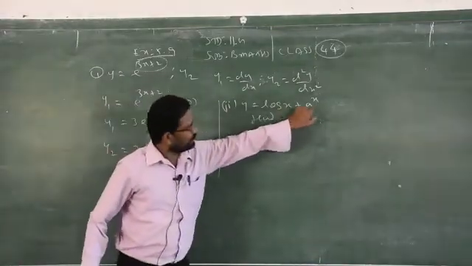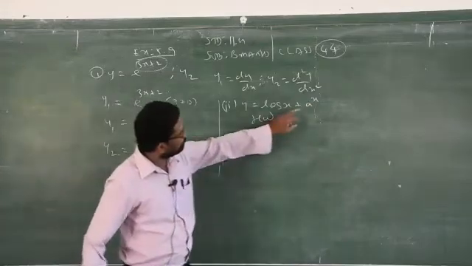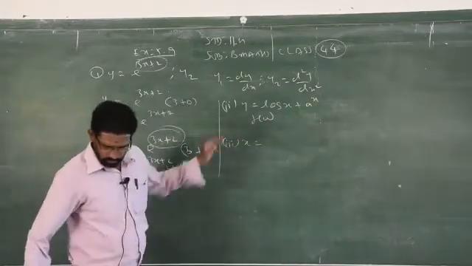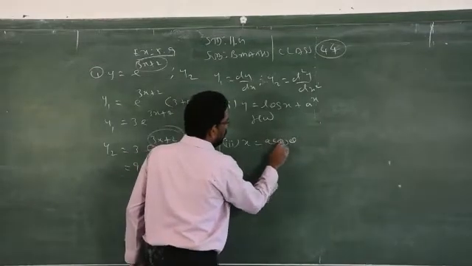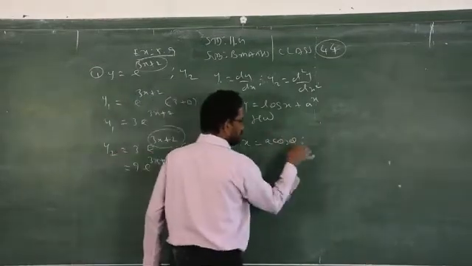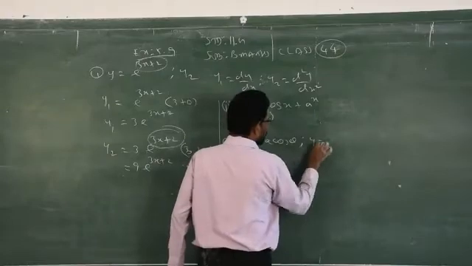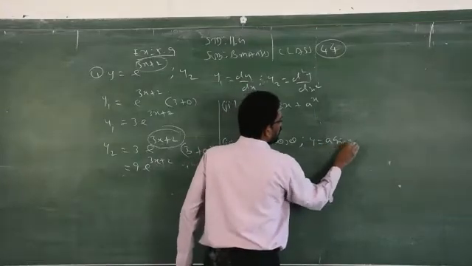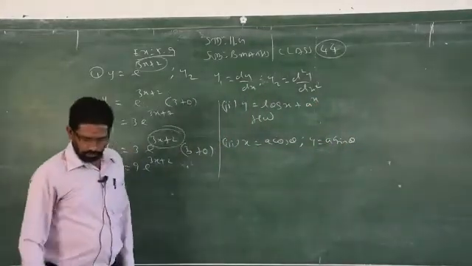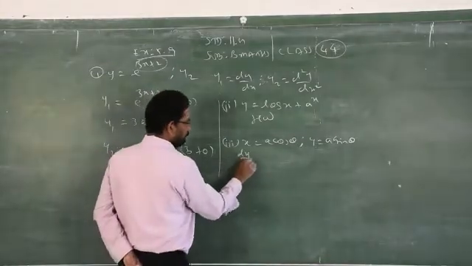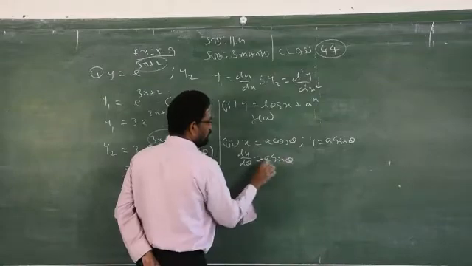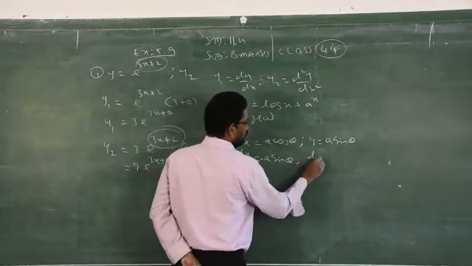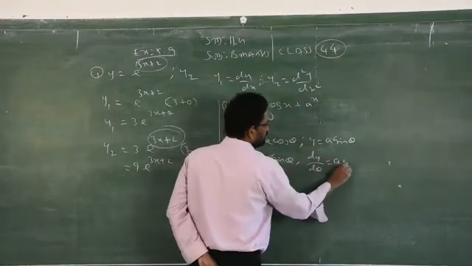We have the formula in the derivatives, first exercise itself. I explained how to differentiate e power x and a power x, so refer to it and do it. x is equal to a cos theta. Why am I taking x is equal to a cos theta? Because x is always the adjacent side in trigonometry, and sine will always be the vertical line. So now you have to find out, like the previous problem, dx by d theta, that is minus a sin theta, and dy by d theta is equal to a cos theta.